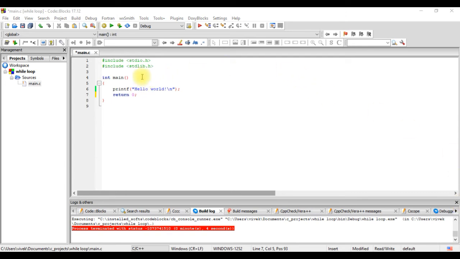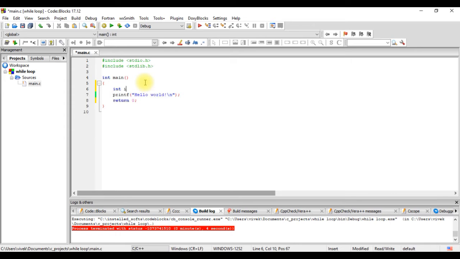Let's start with this simple program where we want to print the statement hello world 10 times. Like we had seen before, the crude way would be to write this statement 10 times, or we can go with the smart way using a loop. So to use the loop, I'll first have to define a variable that is called the indexing variable, and I'll make it int.